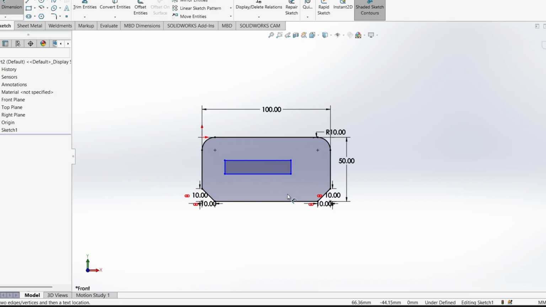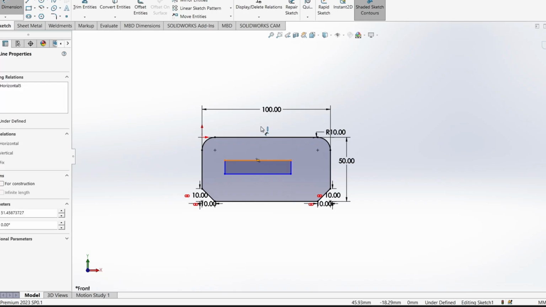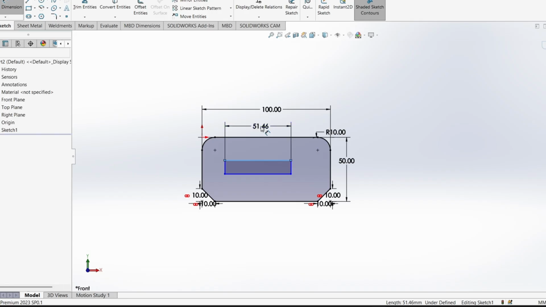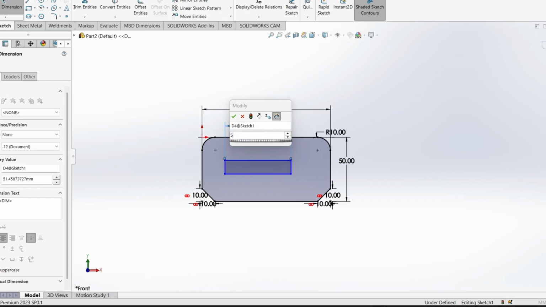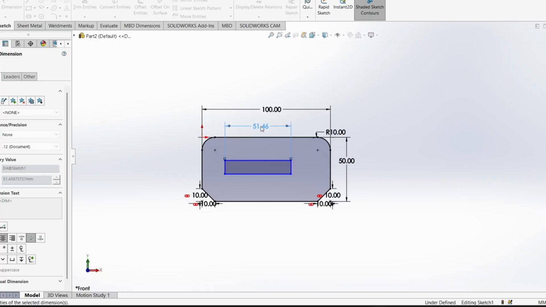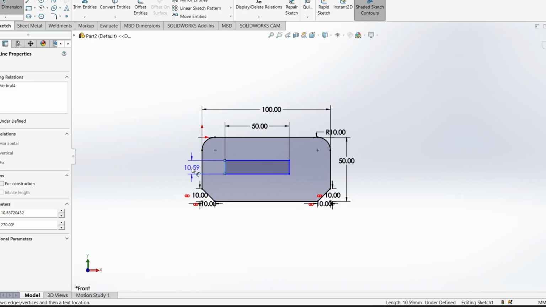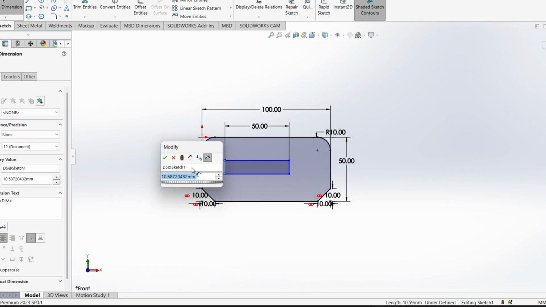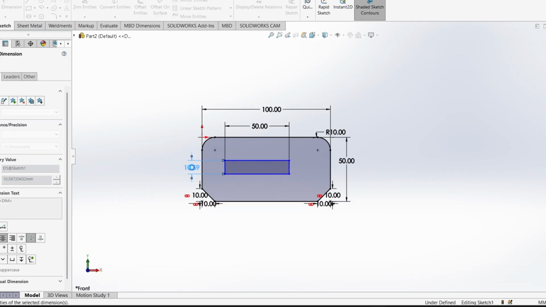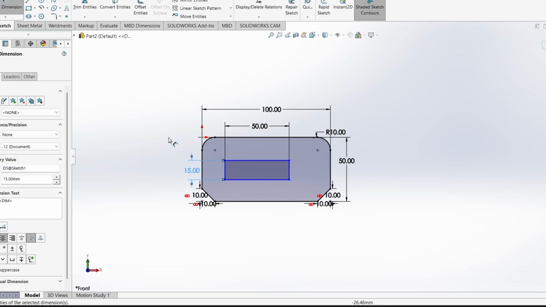Let me start with its dimension. The size is 50 mm. Let me type its value. Its value is 50 mm. Let me type its width. This will be the sequence we follow in every question. That is, at first we create the image and then give dimension to every size and try to make it